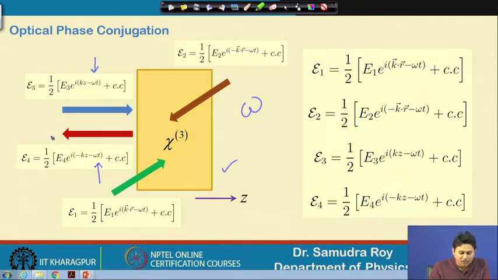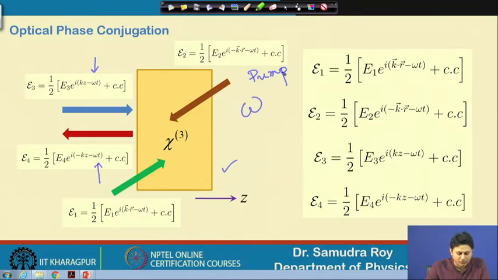Here also E1 and E2 we use as pumps. Why we are going to use them as pumps, we will describe, but you should note that during this course we studied many amplification processes, and this is some sort of amplification process I am talking about. So, that is why the pump term is there. Whenever we have amplification of some wave, the associated pump should be there. Pump basically gives the energy to the wave or the signal, and the signal gets amplified. Here also we are going to get a similar kind of phenomenon. So, these waves basically behave as a pump.